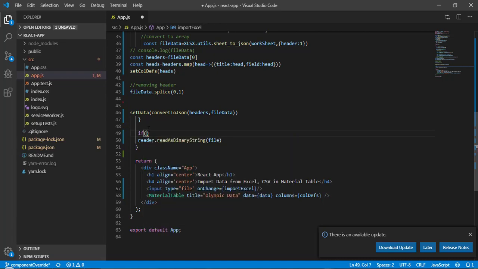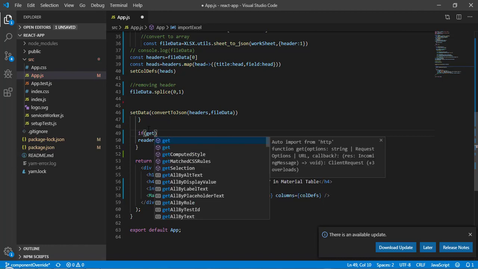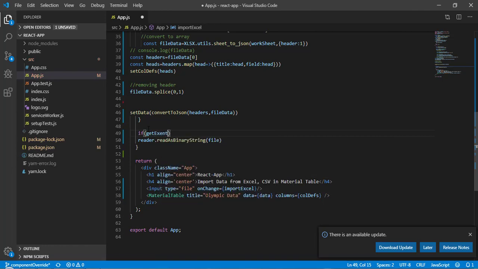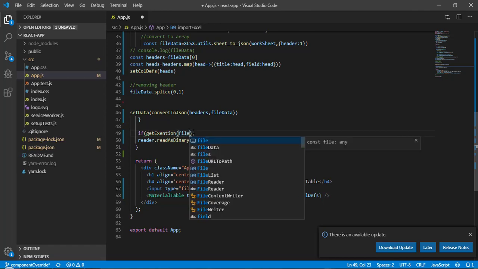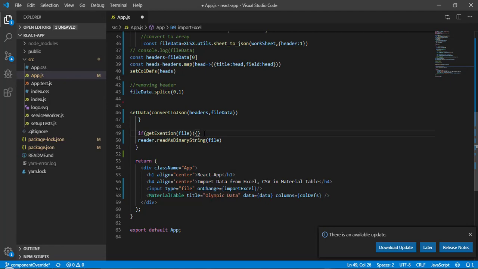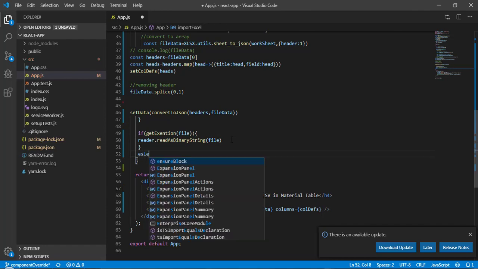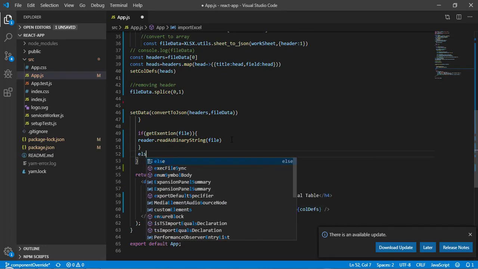For that I will write one condition, if, and let's write a function and call it getExtension, and here we need to pass this file. If the extension is correct, it has to execute this, otherwise it has to display an error.